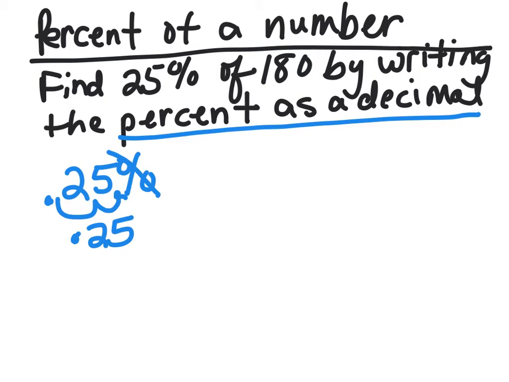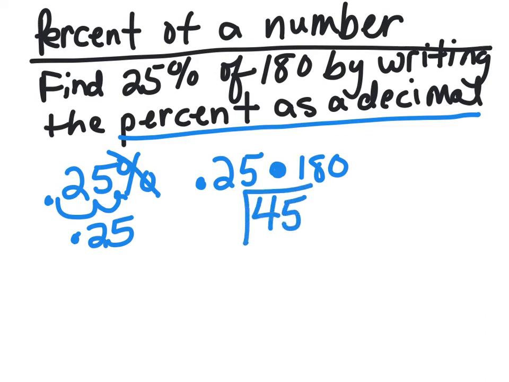25 hundredths. So we have written it as a decimal, but we still have to find what 25% of 180 is. So let's write that out. 25%, and this is 25 hundredths because we've turned it into a decimal, of, so this is going to be a little confusing, of 180. That would be, so you would multiply that out, and you would get